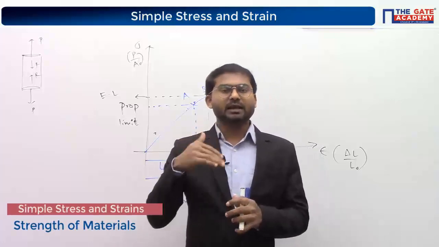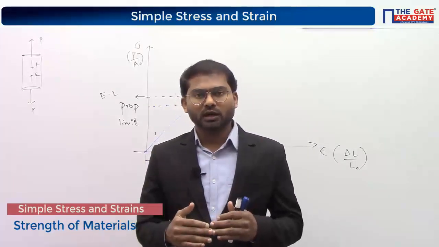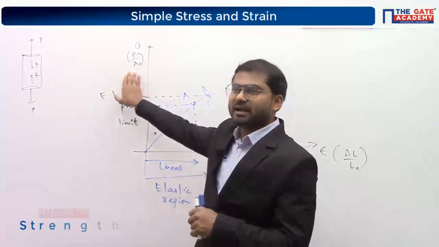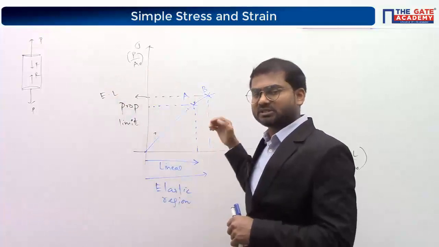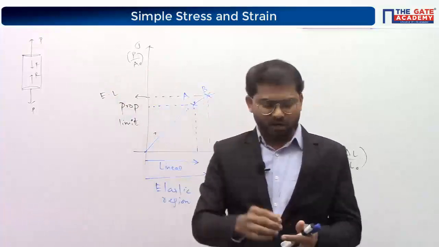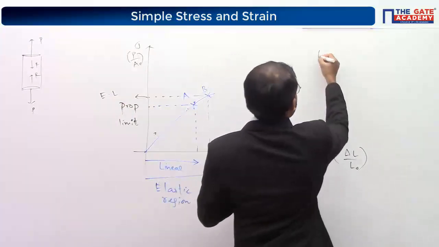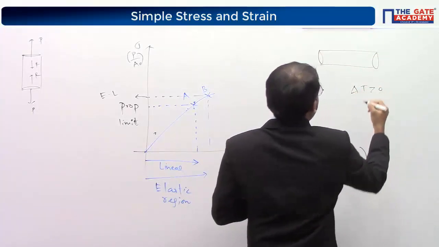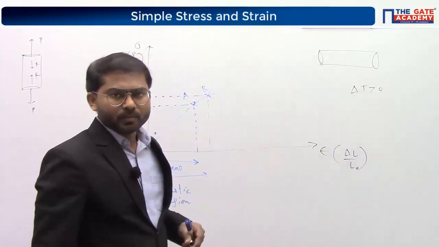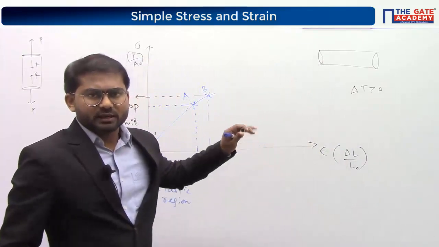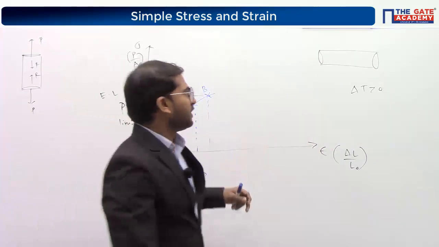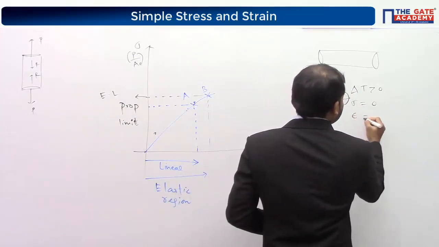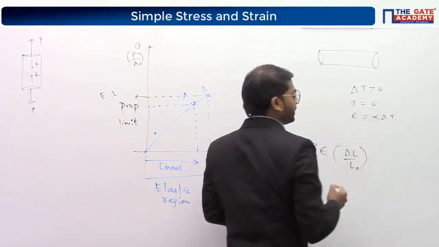Manoj, please listen carefully. Why am I so confident that stress is independent and strain is dependent? That means strain is produced due to stress. Take a case where the member is given like this and it is thermally heated, or the temperature is increased. In this case, the internal resistive force will be equal to 0. So if you heat it, stress will be equal to 0, but you will be giving rise to strain, given as alpha delta T.